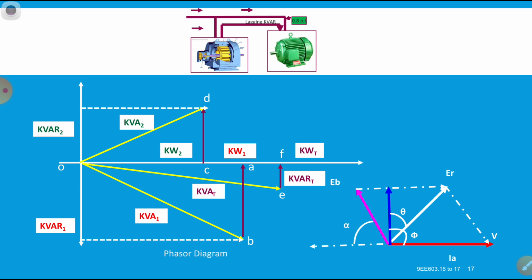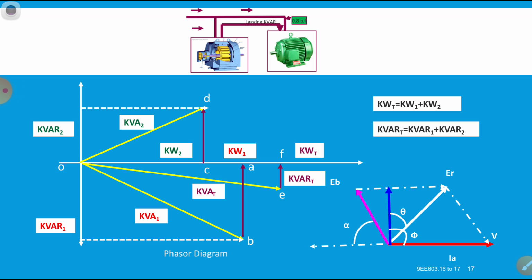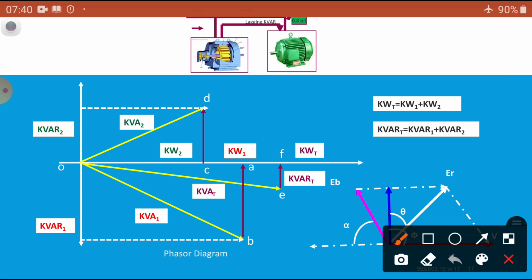So same things, the vector diagram. Okay, so total kilowatt is equal to kW1 plus kW2, and that means here the total power is equal to this plus this one, both are kW1 and kW2 active powers. At the same time reactive powers, this is equal to this value plus this value. Okay, next,